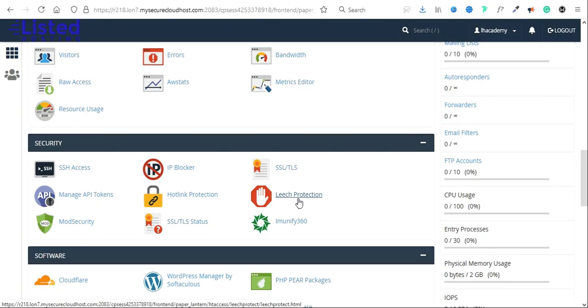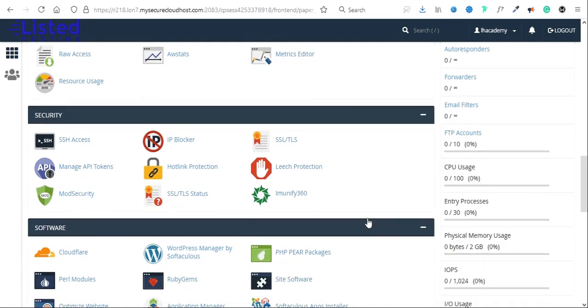You have your hotlink protection also, you have your ModSecurity, then the SSL/TLS, which is where you install your SSL. Then Imunify, you can read more on it, it's just another security software. So you have a lot on this cPanel. Not everything will be used. You don't need to use every